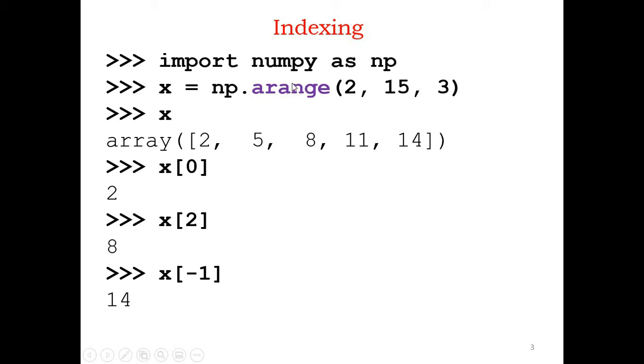So the 14 will come over here before 2, and on the number line before 0 you have minus 1, then minus 2, and so on. So in this philosophy you index from right to left with negative numbers. So x[-1] is 14, and x[-2] would be 11,